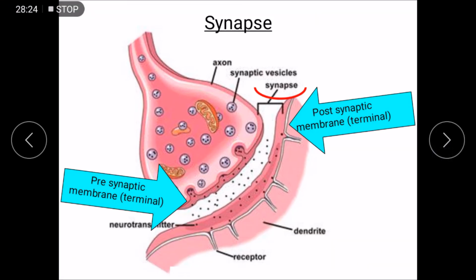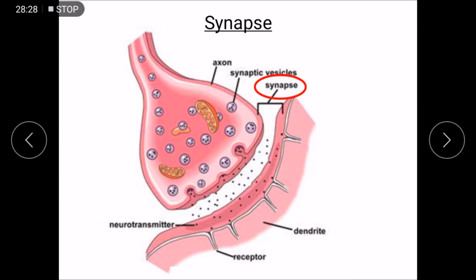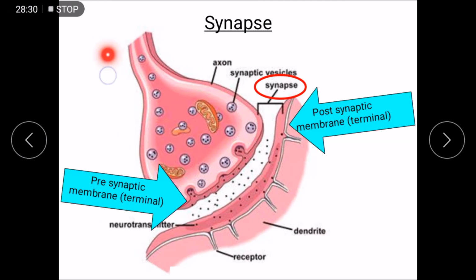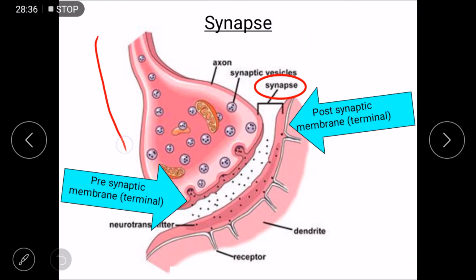So the impulse starts from here. You see my pointer here. From here it goes down. Let me use the pen. Okay, this is the direction of the impulse. So when the impulse reaches the end of the axon, the axon terminal,